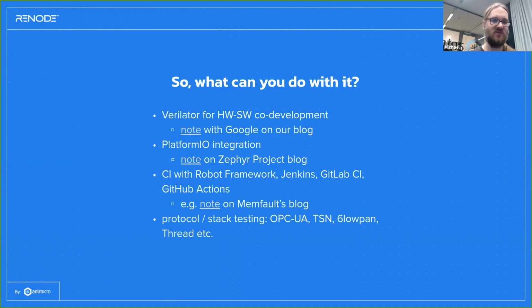There's the use with Verilator for hardware-software code development. There's an integration with Platform IO. There's, for example, a note from Memfold about integrating Renode with GitHub Actions for CI purposes. There's a lot of people using Renode for testing stacks and protocols like OPC UA or TSN. So really a lot of interesting use cases, and there's a growing number of blog notes and repos and places where you can find Renode in use,